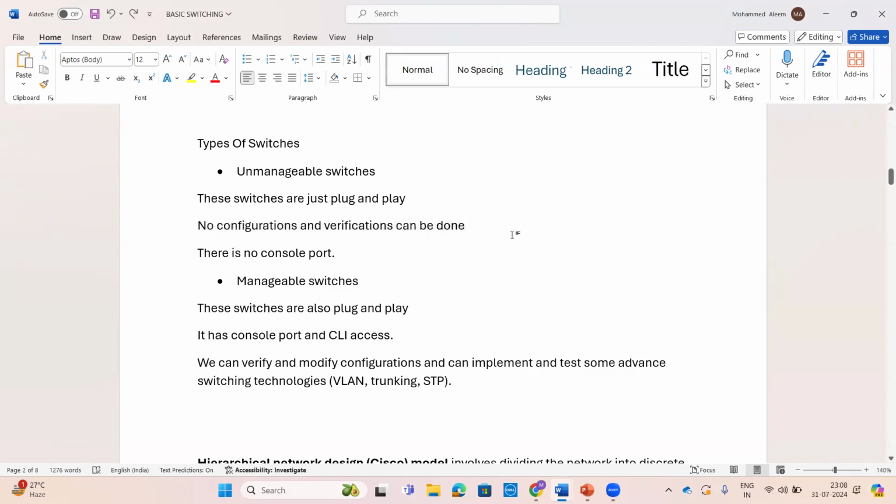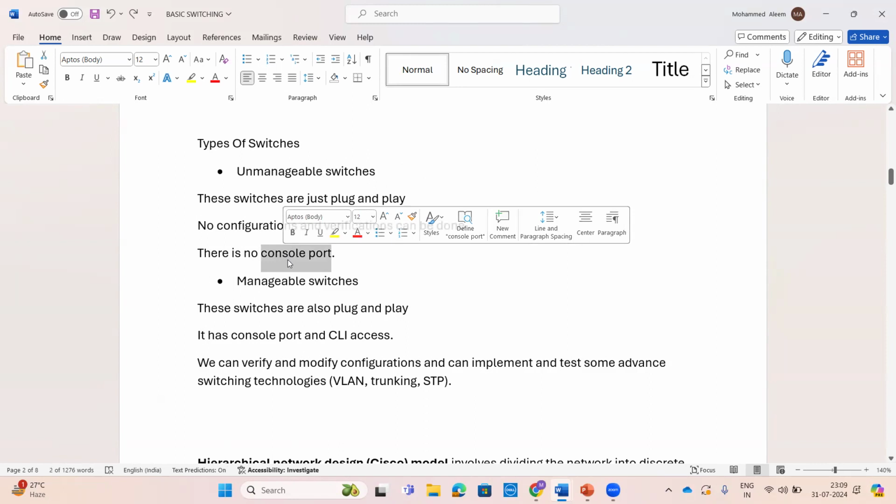It's kind of like the extension box we use in our homes. It just receives the information and broadcasts that information, that much only. There is no console port either. What does that mean? Console port means, let's see,